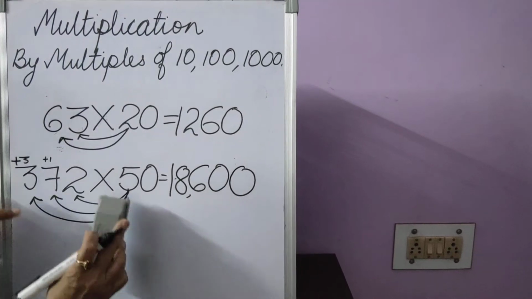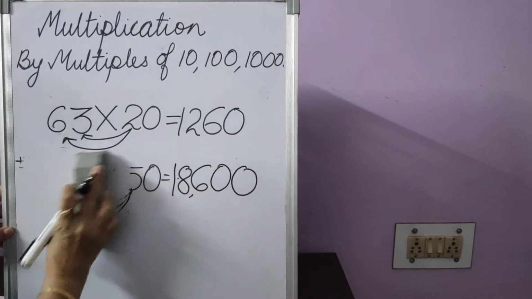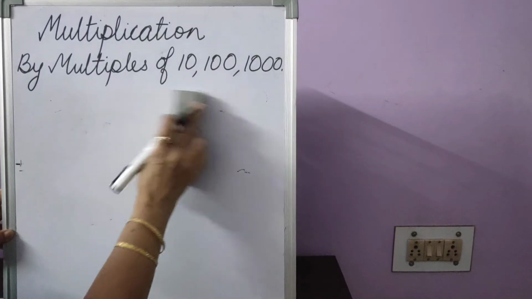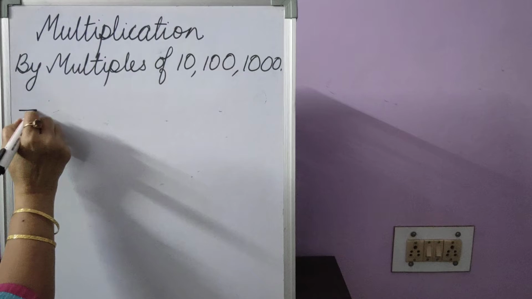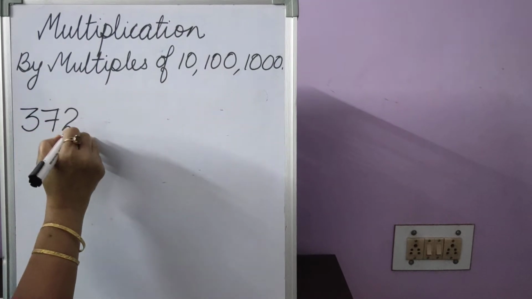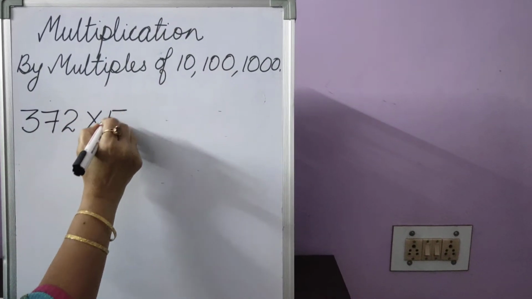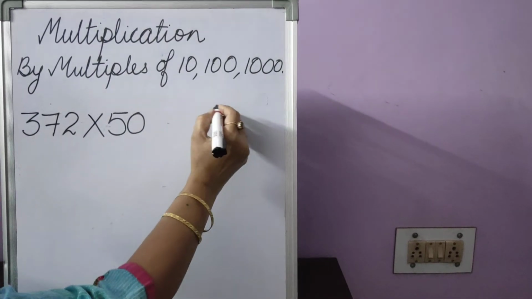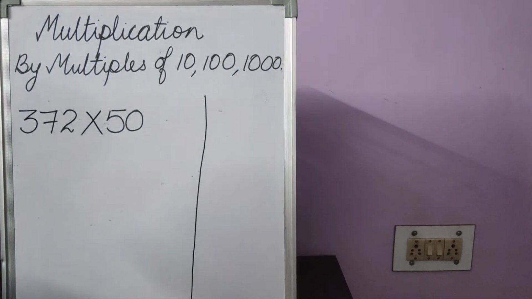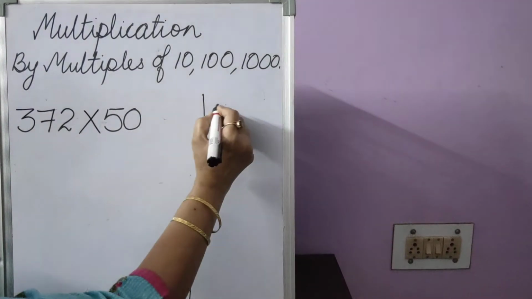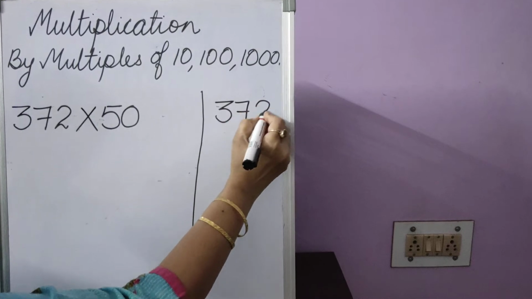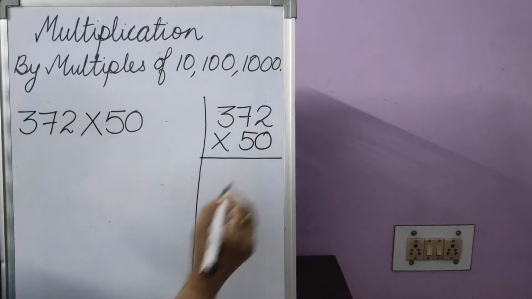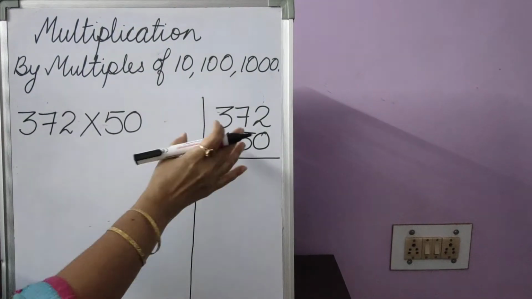Okay. Now this sum, children, we are just doing it orally, but I know some of you have still not learnt your table. So I'll just take this sum again, that is 372 multiplied by 50. Remember the answer, 18,600. Now this was your sum, 372 multiplied by 50. You are going to do it directly. Now for some of you, you can make a rough column. Pay attention now. And write 372 on top multiplied by 50. Okay. Same method. Method is not different, but only this is long.